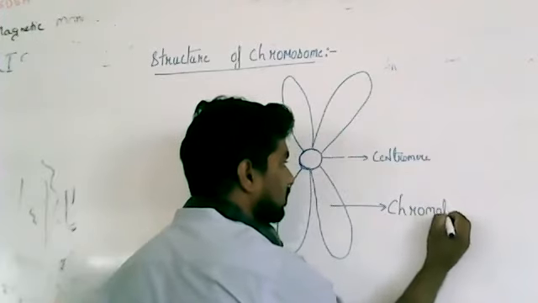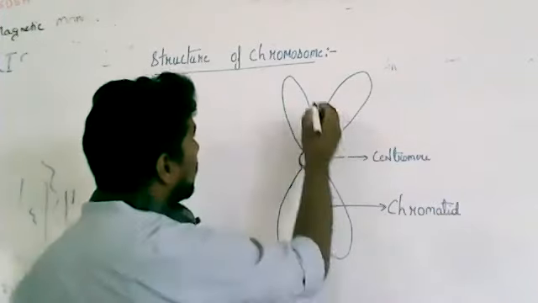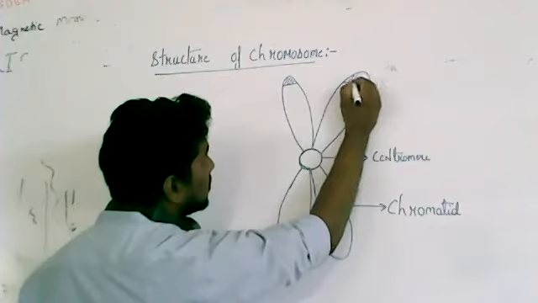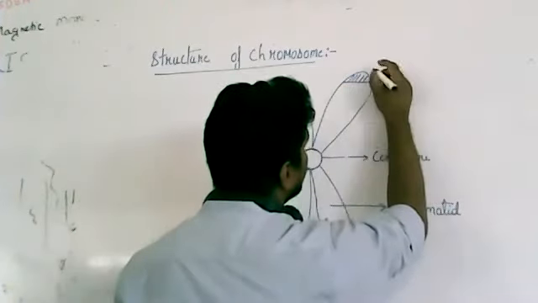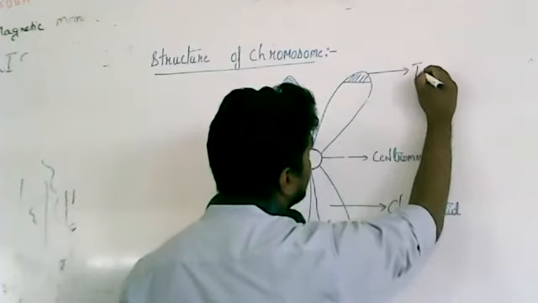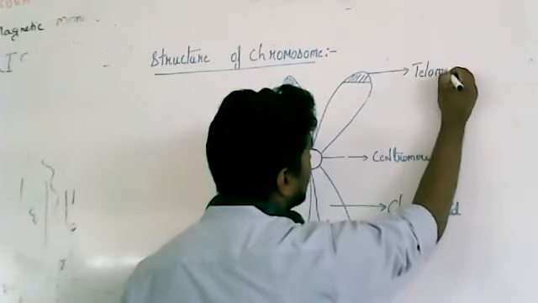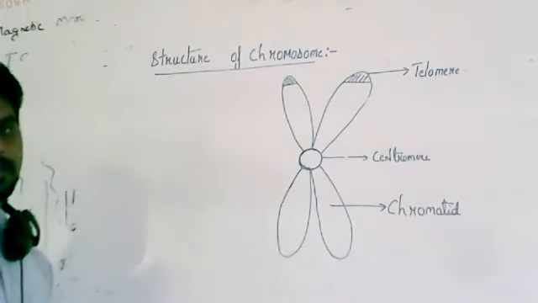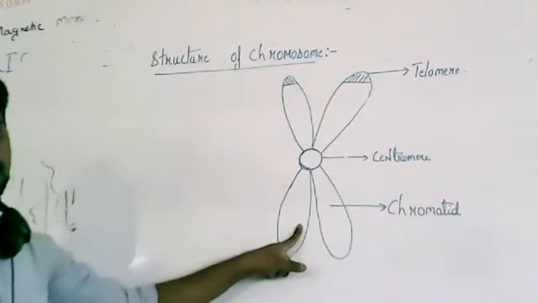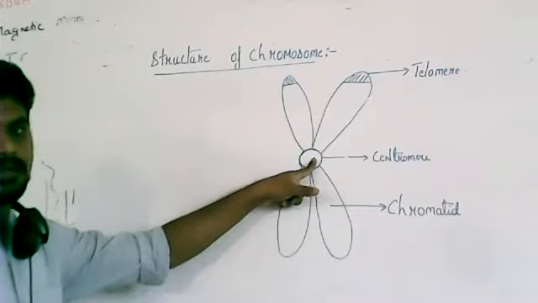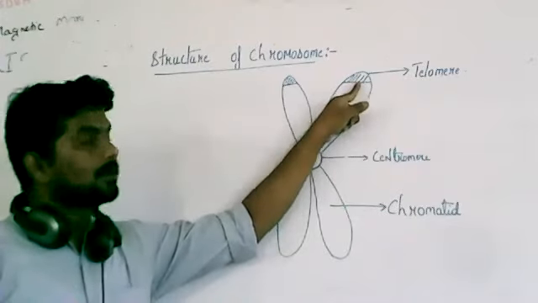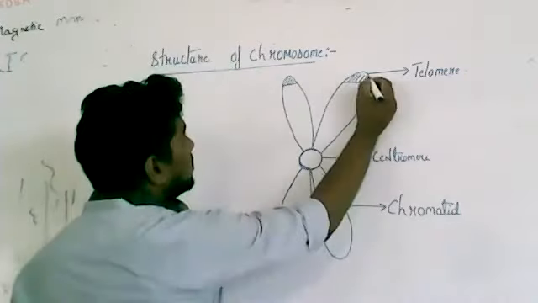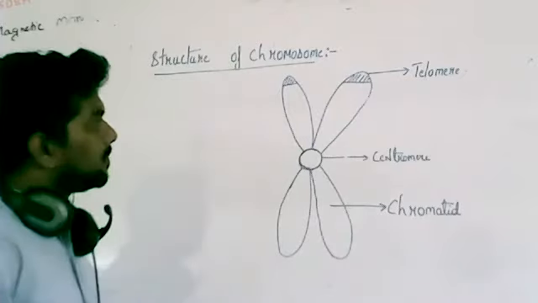Chromatid. Okay. Then on top, this end position of the chromosome, these are called as telomere. So the last portion is called telomere. So this is the different regions a chromosome will be having. These arms are called chromatid, the center portion is called centromere, and the end portion, the tip of that chromosome, is called telomere. Okay. So you can just shade that region and mark it as telomere. So telomeres are present at the end.